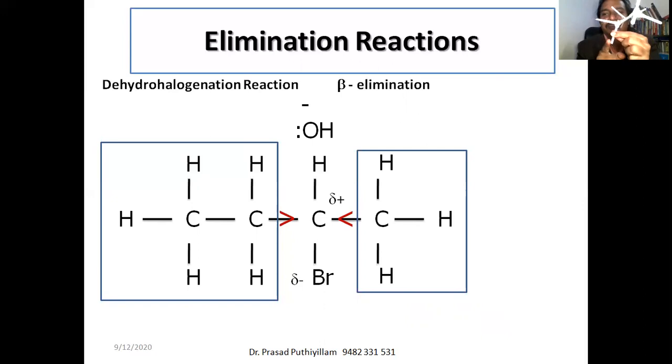Okay, so suppose this is the hydrogen which is connected to the alpha carbon. So this is alpha hydrogen. Okay, in the screen if you look, this alpha hydrogen is far away from the hydroxide ion, whereas these hydrogens are beta hydrogens. So beta hydrogens are near to the hydroxide ion. Therefore, beta elimination takes place, not the alpha hydrogen. Don't worry about this arrangement. This hydrogen is not near to that hydroxide ion, whereas these three and these two hydrogens are somewhat near to the hydroxide ion when it comes to react.